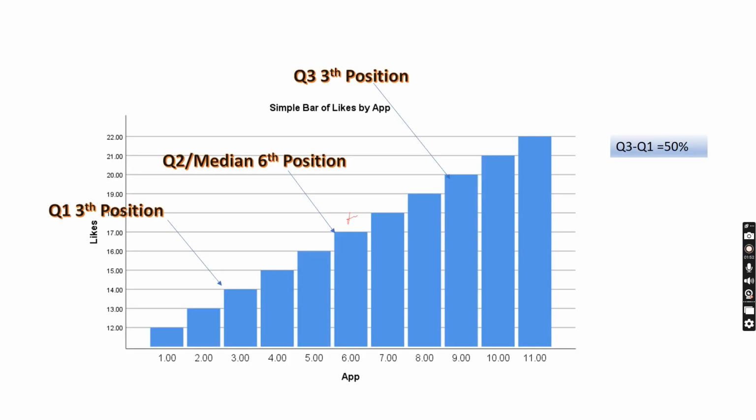If you look at the chart, this was the same chart that I had used for median. We had 11 observations, and in this, the sixth observation divided the data into two equal parts, 5 on the left and 5 on the right. If you see Q1, it is nothing but the median between the data